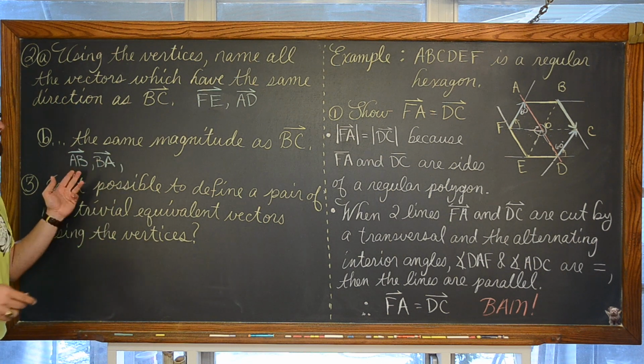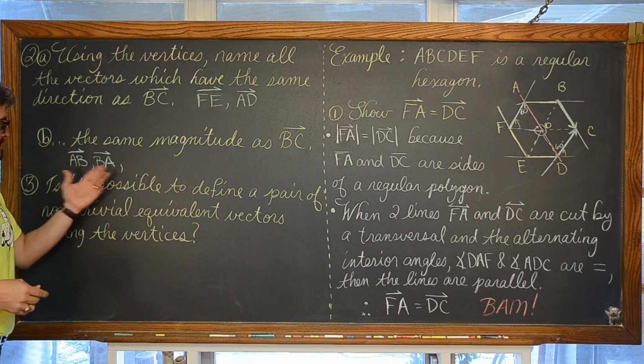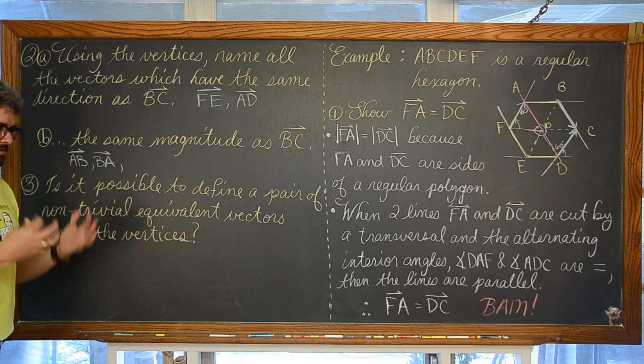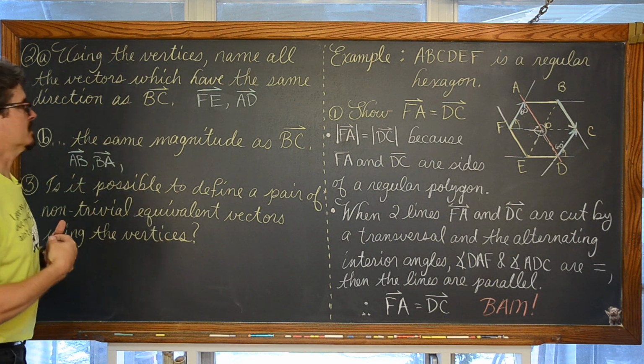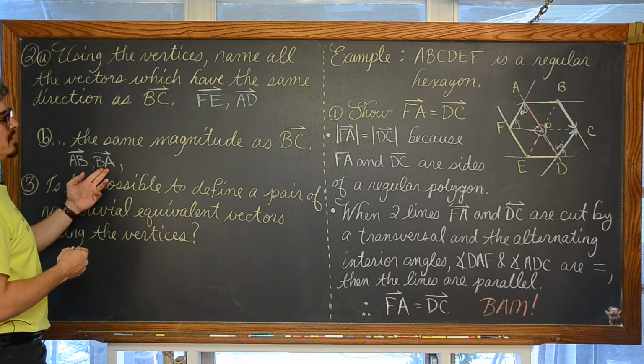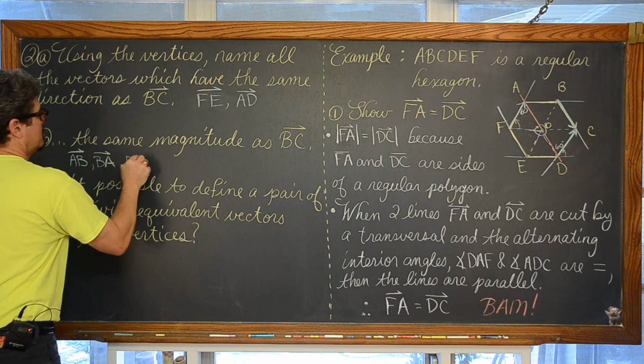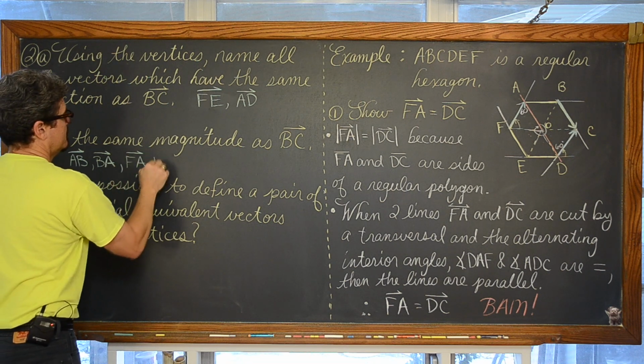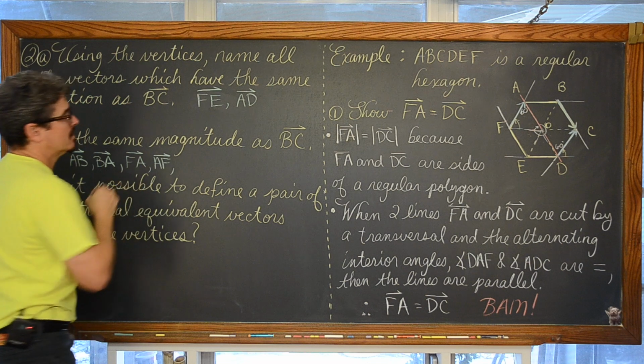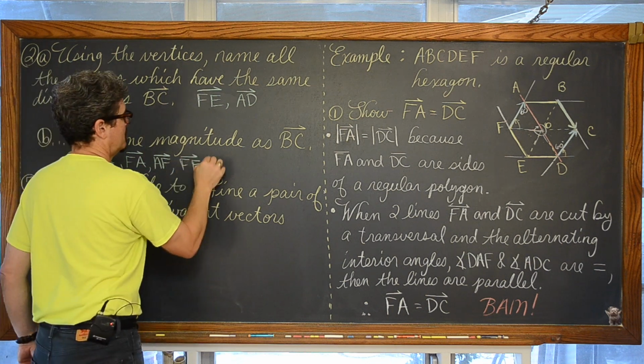Some of your textbooks may just give one set. They'll just consider these opposite vectors as sort of the same answer. So we have vector AB and BA. We have vector FA and AF. We have vector FE and EF,